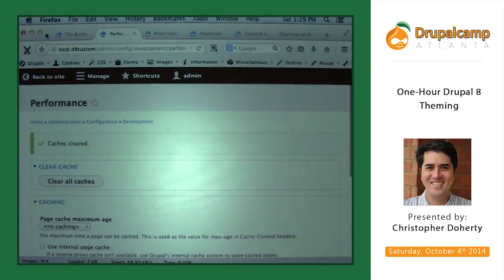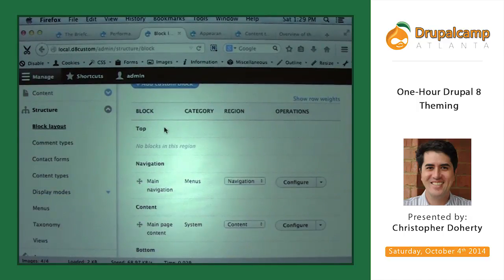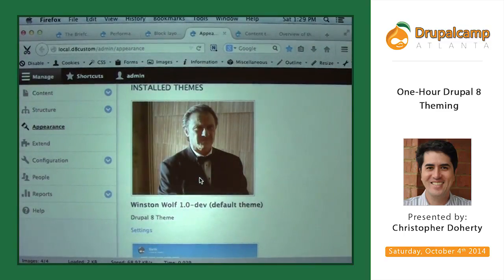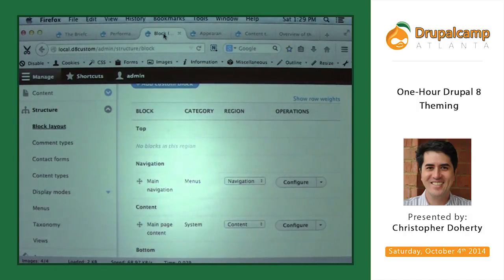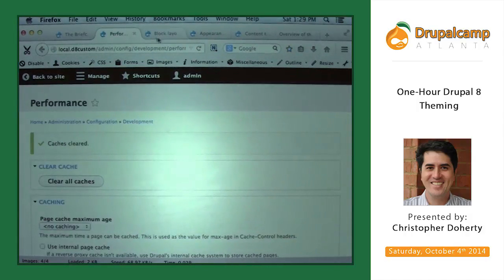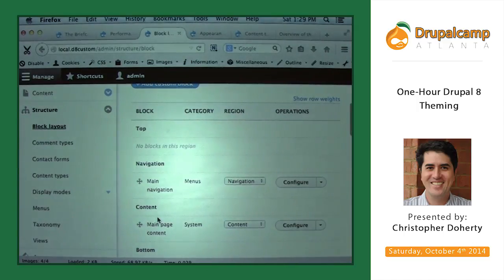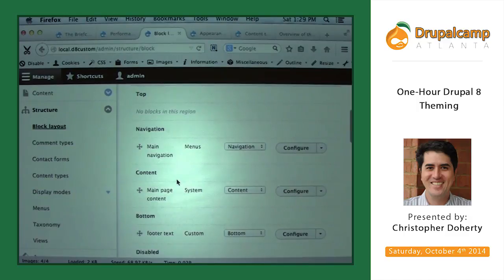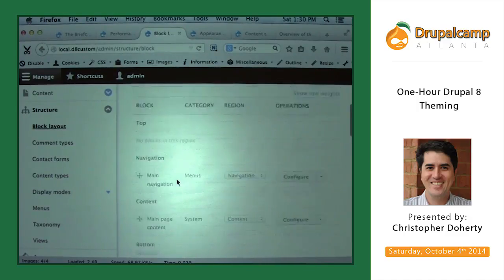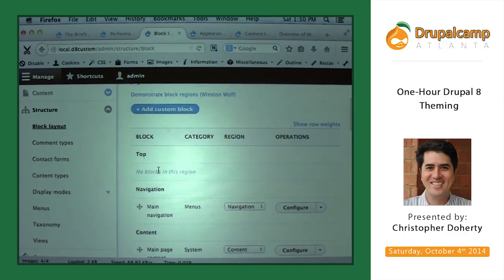So I've gone ahead and created a custom theme for this, and I'm just showing you the block page. This is the theme. It's called Winston Wolfe, after the character from the movie. I've set up some blocks, and my client has already gone ahead and added content into some of these regions, and he's defined them so that some of them maybe don't make sense.